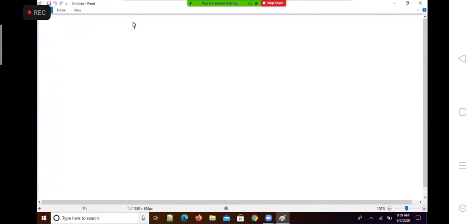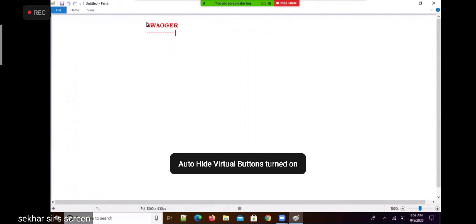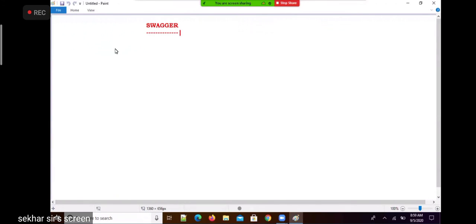See, here we are going to start our discussion with Swagger. Actually, preparing the documentation for REST API can be done in two ways. One way, you can do it manually.